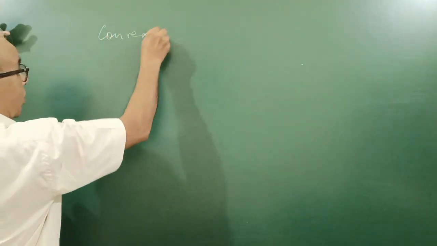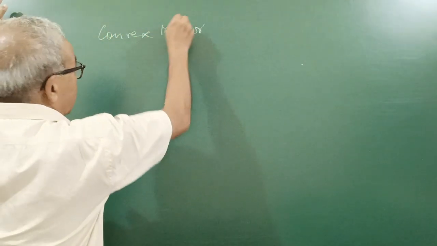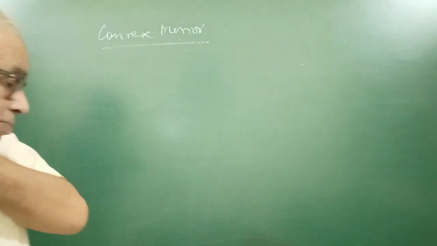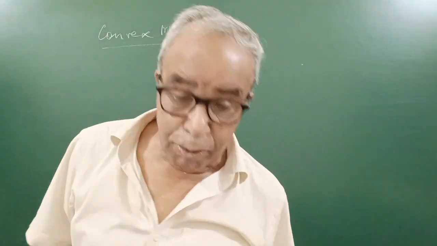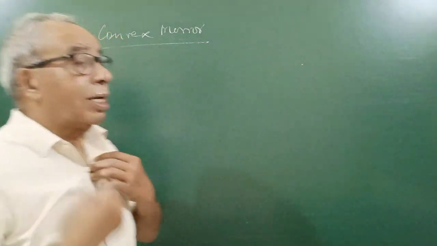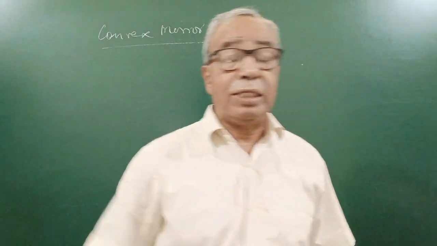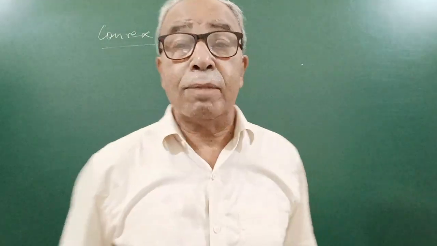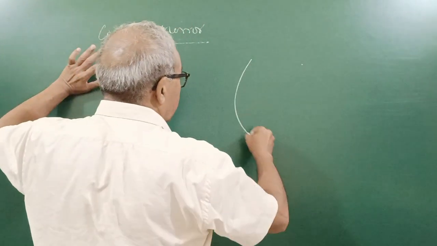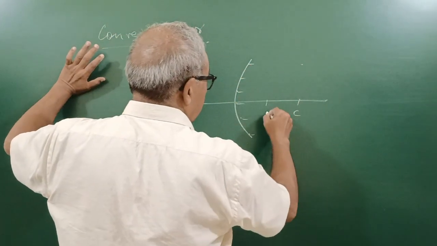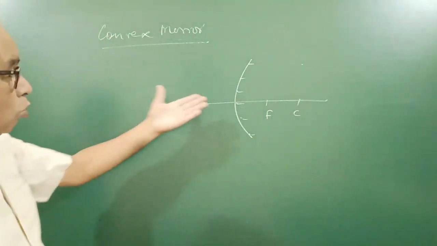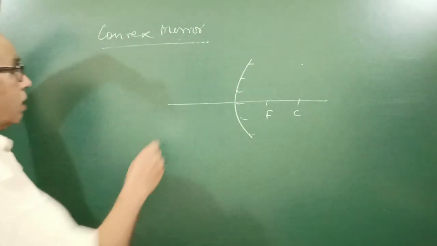अब ऑब्जेक्ट convex mirror में कहाँ हो? Convex mirror अगेन. ऑब्जेक्ट एनीवेयर एल्स। एक तो बच्चे पूछते हैं ऑब्जेक्ट कहाँ रखें, जब कहते हैं ना ड्रा कॉन्वेक्स मिरर अगर बना दिया कि शो मी द इमेज फॉर्मेशन, तो बच्चा पूछता है सर वो कहाँ रखें हम ऑब्जेक्ट, क्योंकि उनको आदत पड़ गई ना सी और एफ के बीच में रखें या एट सी रखें या बियॉन्ड सी। लेकिन यहाँ ऑब्जेक्ट तो होगा दिस साइड, तो यू कांट से ऑब्जेक्ट एट सी और एफ।